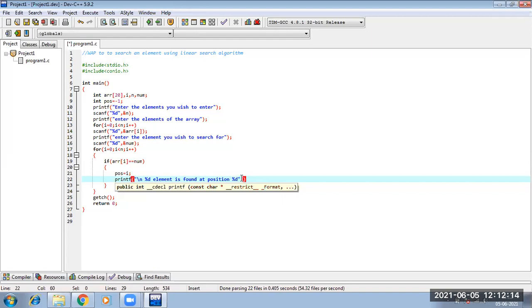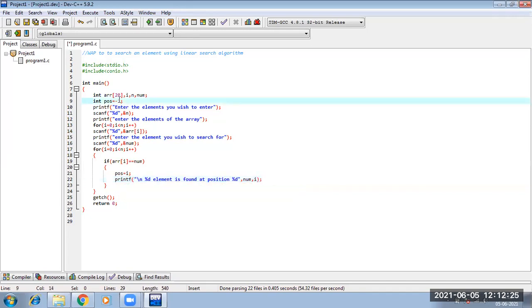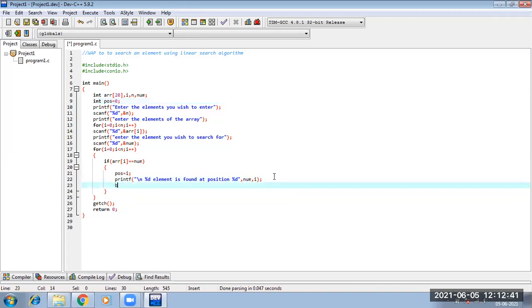So the element is num, and that position will be your i. Right? So if it is found, it will print, and if this is printed, it will come out of this loop because I have found the element.